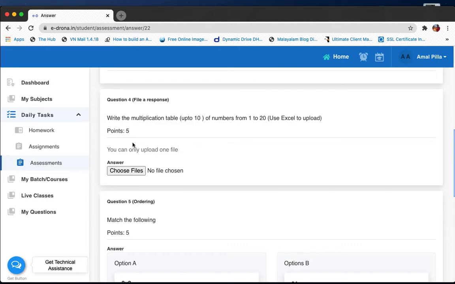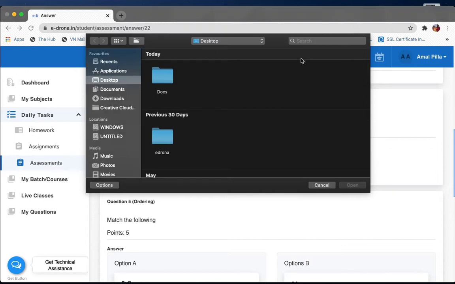For that you can see here you have something called choose files. As you may know, you have to click on choose files and then it will take me to my device, from where I'll have to upload the relevant document.